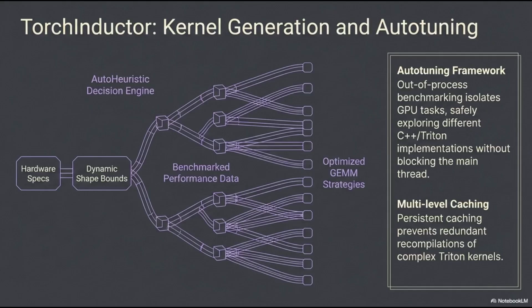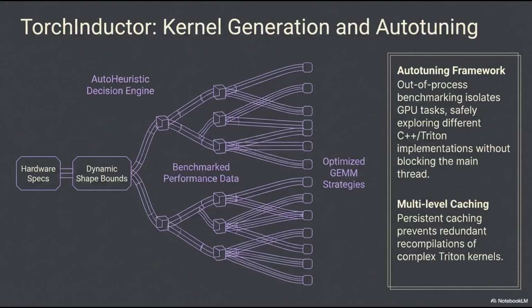This systematic approach is underpinned by an advanced auto-tuning framework. This framework utilizes out-of-process benchmarking to effectively isolate GPU tasks. This isolation allows us to safely explore diverse C++ to Triton implementations in parallel without blocking the main thread, ensuring application responsiveness while optimizing performance. Further enhancing efficiency, we incorporate multi-level caching. This persistent caching mechanism is vital for preventing redundant recompilations of complex Triton kernels, significantly reducing overhead and accelerating subsequent